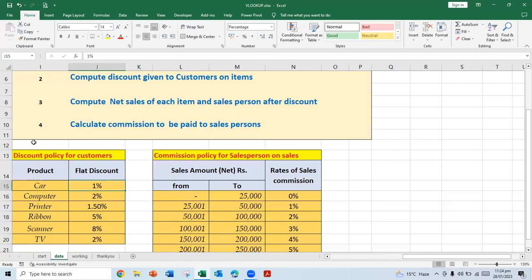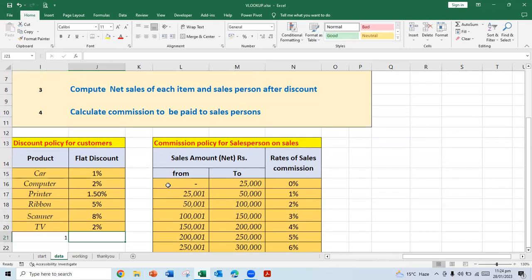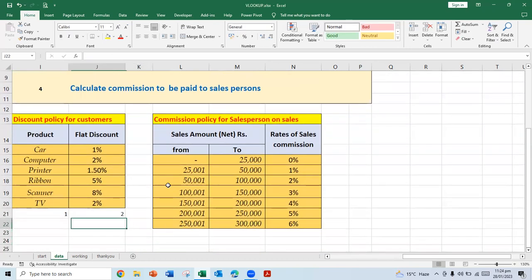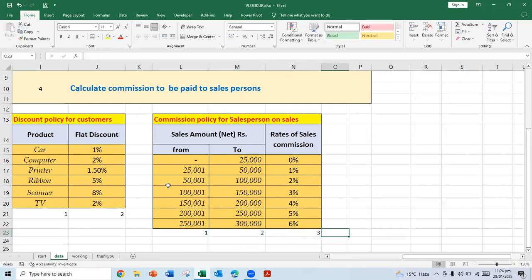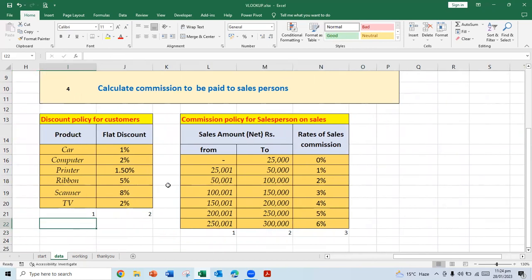We have to find the range of this cell. The discount is column one. We also need to see the total number of columns. This discount table consists of 2 columns, and this one consists of 3 columns. Column 2, column 3. If we look at the range of this column, it is I15 till J20,